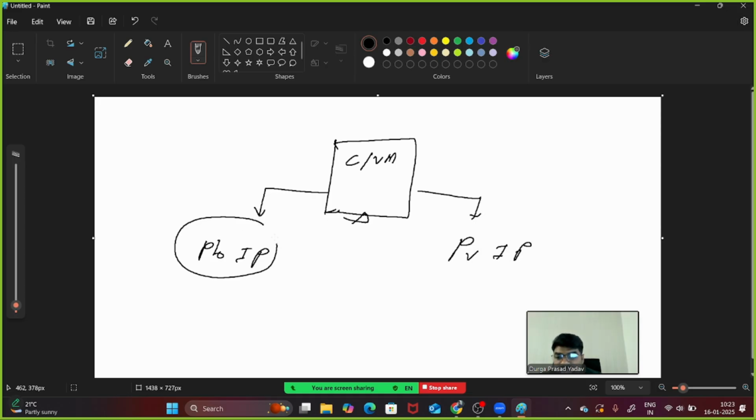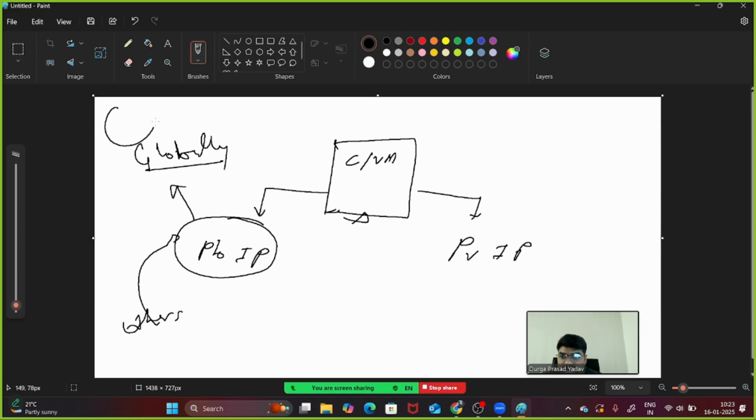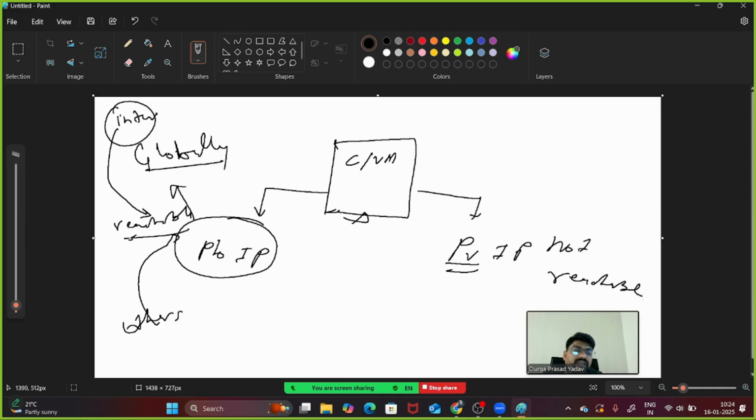By using the public IP address, you can connect to others globally, and others can also connect to you. Means it is reachable from the internet. A public IP address is reachable from the internet, whereas a private IP address is not reachable from the internet. It means nobody can reach your private IP from the internet.